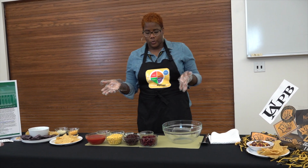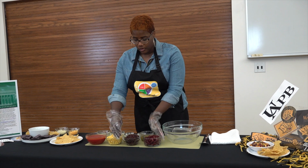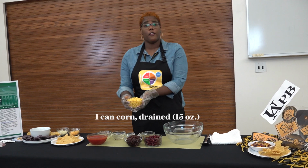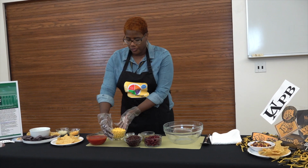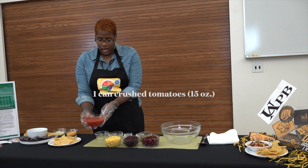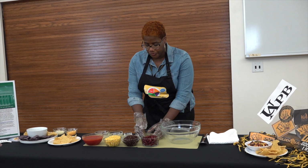So the ingredients for this recipe are: 1 15-ounce can of kidney beans, 1 15-ounce can of black beans, 1 15-ounce can of corn. So make sure these 3 are drained. We have 1 15-ounce can of crushed tomatoes, 1 4-ounce can of green chilies,